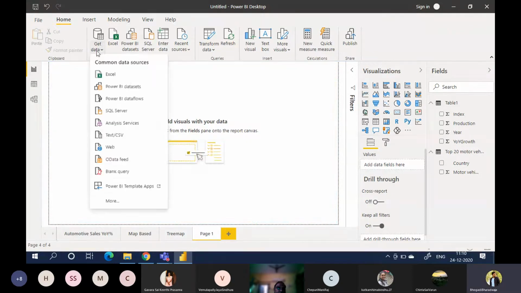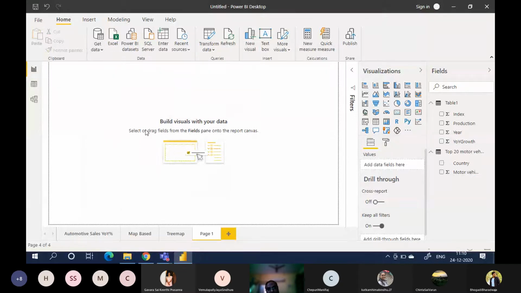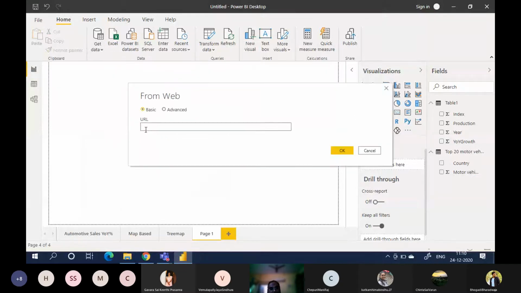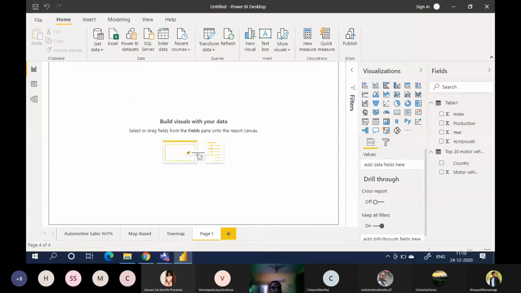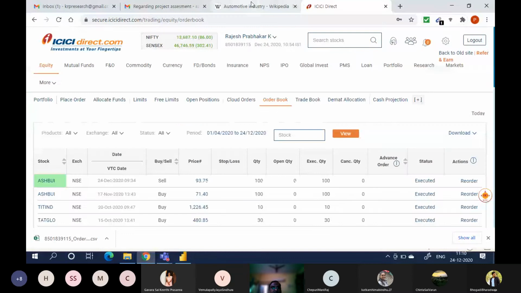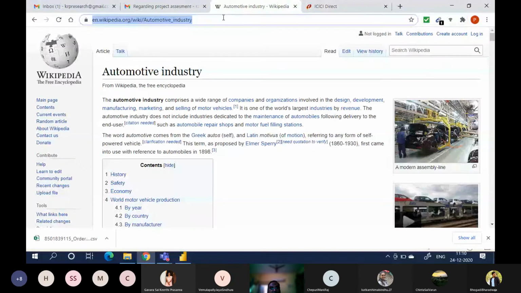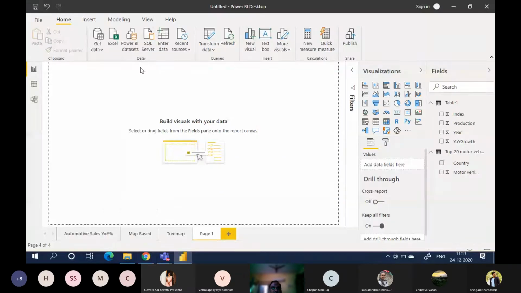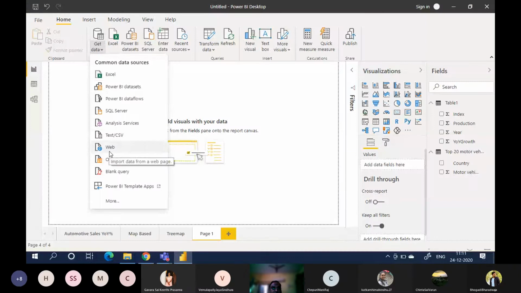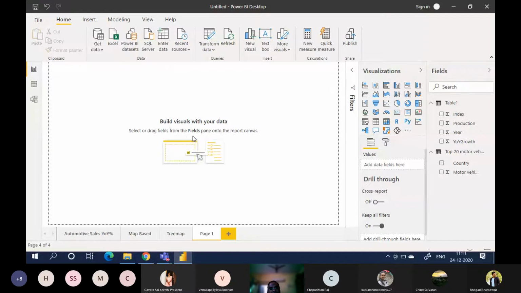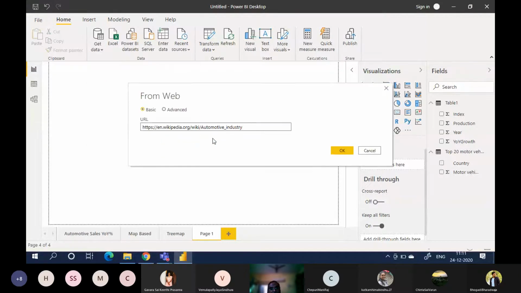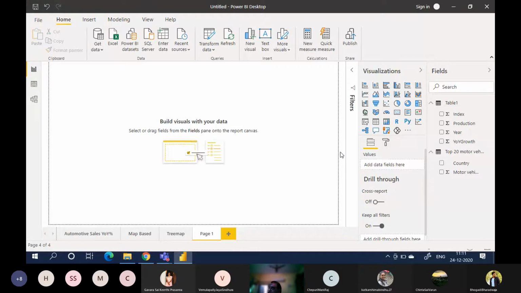Now, get data, web. Let us see if we can do anything else using the web-based data. Oh, I forgot the web link. Go to this automotive industry, Control C, get data, web link, Control V, click OK.